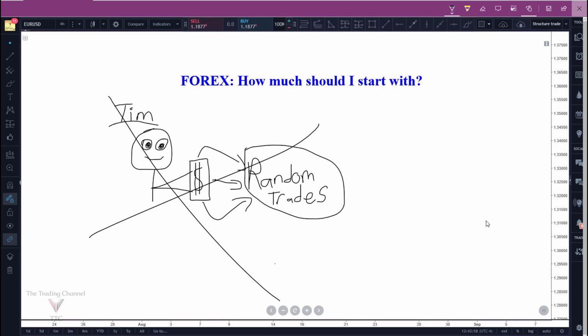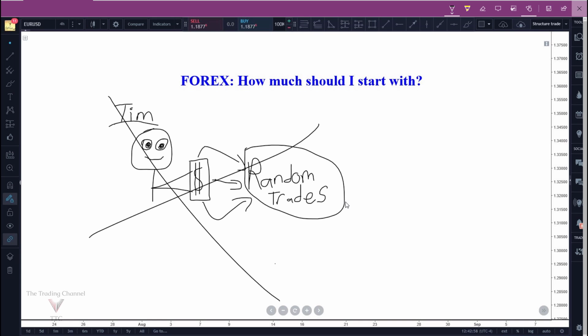And another thing that's cool, guys, is that almost every broker offers a practice account now. That used to not be the case. Back in the day, you had to fund an account with a certain amount of money just to have access to a good charting platform, just to have access to live Forex data. But in the day and age we live now, you can open up a practice account with any broker and you'll have access to the same exact data that I use, access to the same charting platform I use. I use the free charting platform that comes with TradingView. So you really have no reason to start a live account unless you are already profitable.